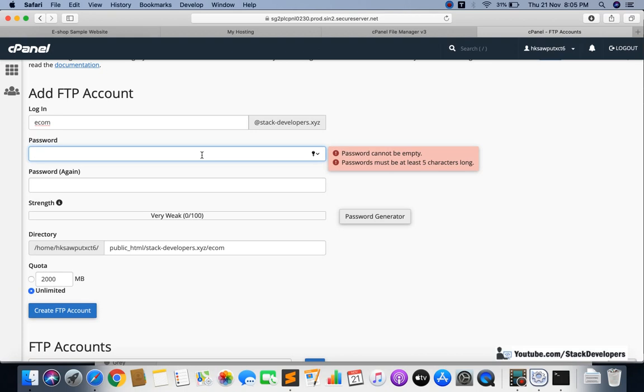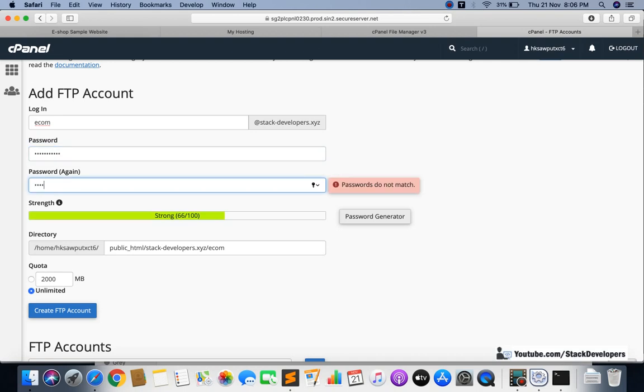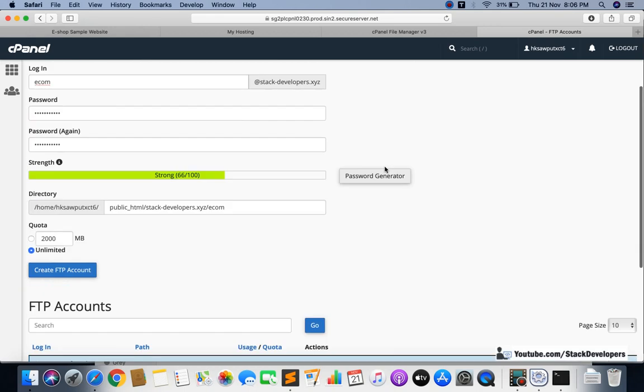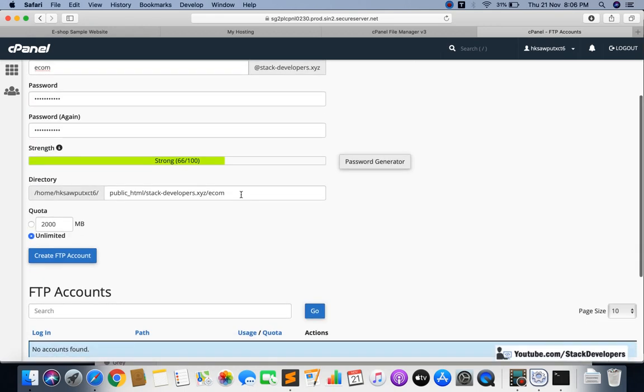Okay, so we can make it like ecom at the rate of 1 2 3 4 5 6. After that, ecom at the rate of 1 2 3 4 5 6. Okay, we must remember our password. I have done ecom at the rate of 1 2 3 4 5 6. Okay, and this is